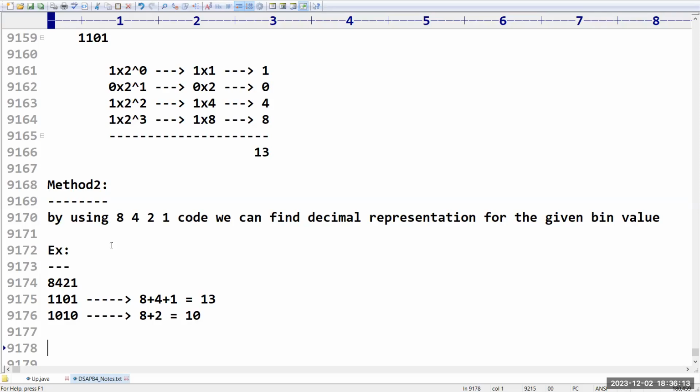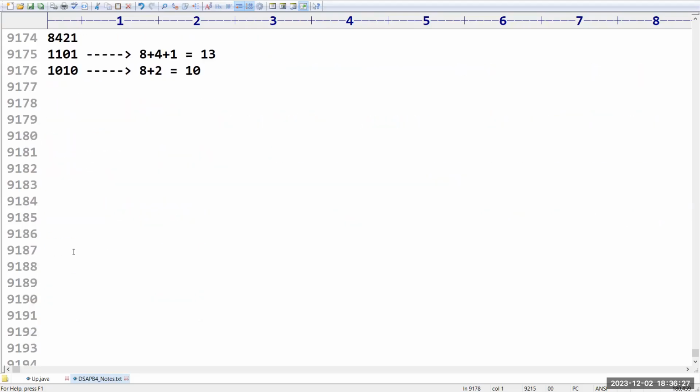Yes, sir. So this is the way in the number system you can convert from one form of data to another, that is, decimal to binary and binary to decimal. The next concept in this is